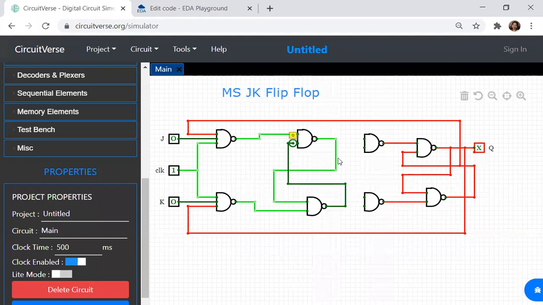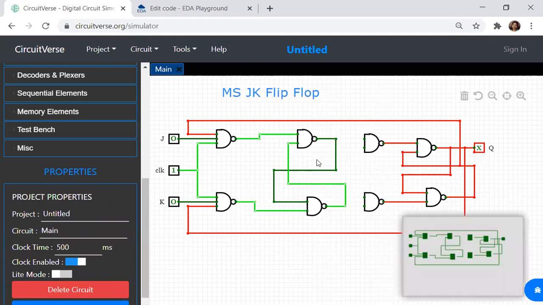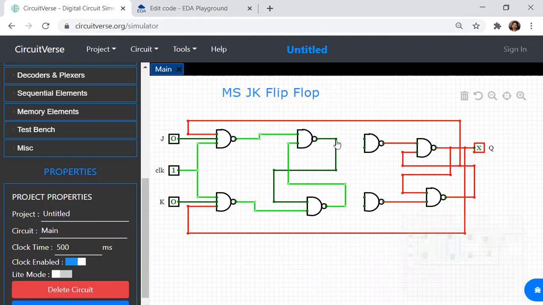So this is connected over here. Now you can see the connections clearly. Again, these two are vacant. What happens? One output is directly connected over here. This is directly connected over here.